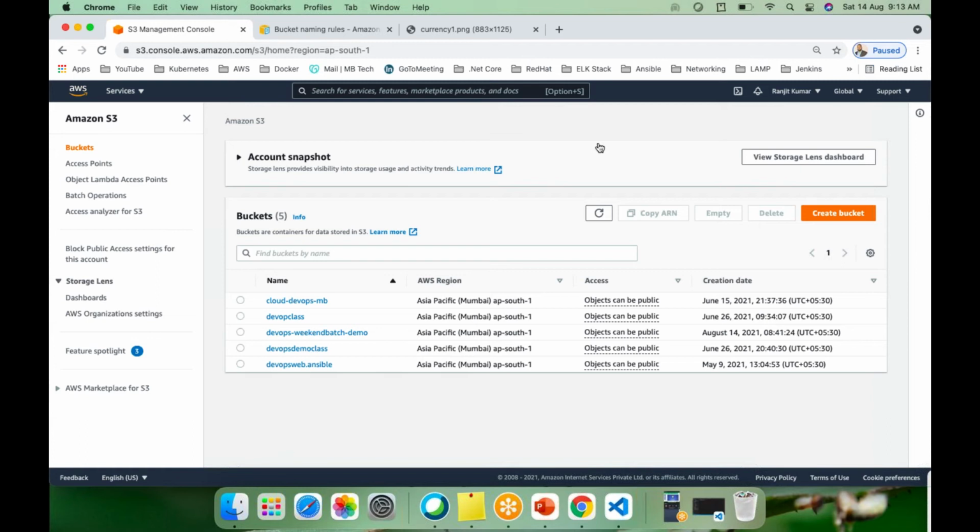It says S3 does not require any region selection. Now I cannot select any region to place the file. Then how can I transfer this file to a different region? That is cross region replication.